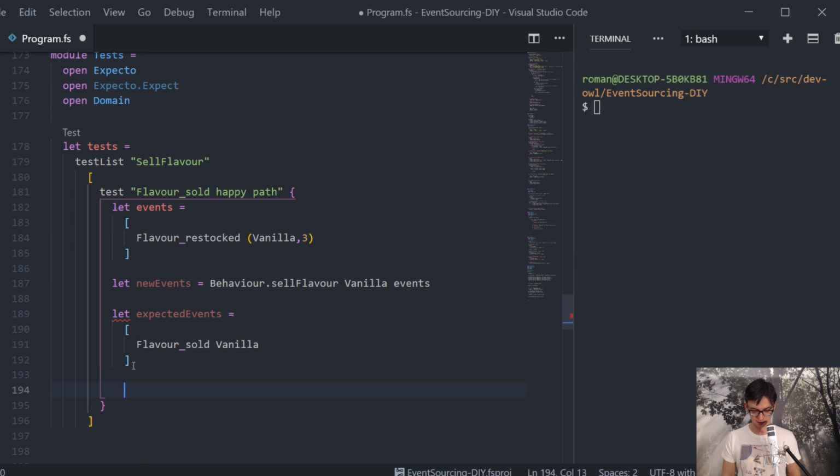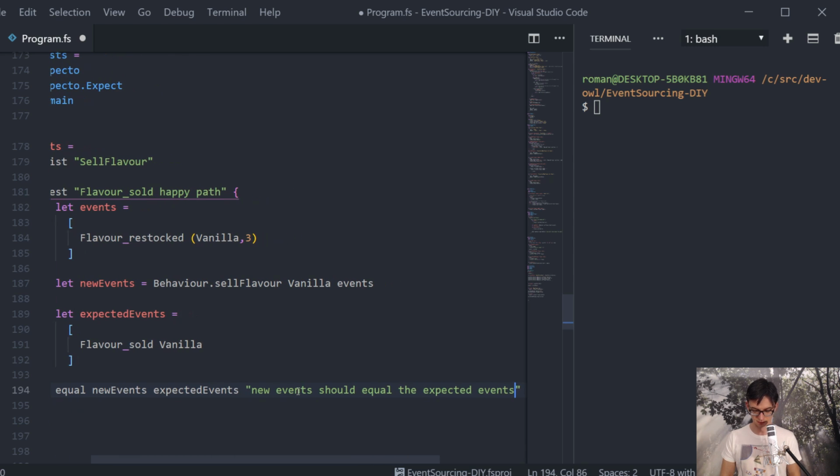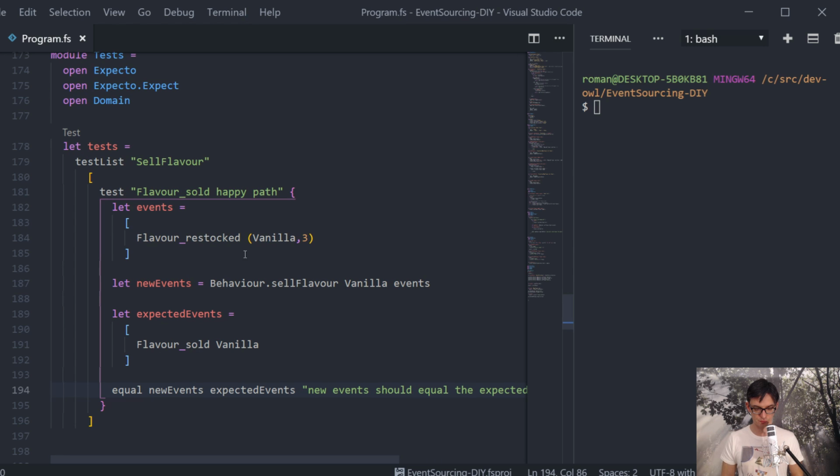And now we can call Expecto and say we expect the new events to equal the expected events, and this is not expected, this is equal. And we say the new events should equal the expected events. So we have just written our first test. And when we run this test,